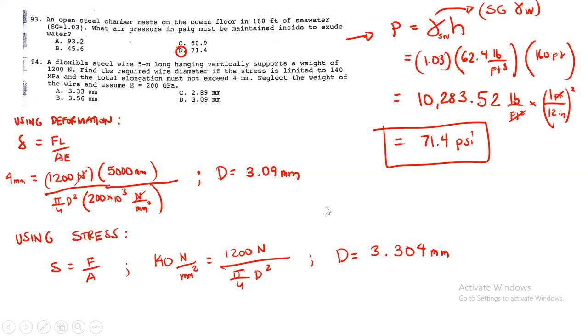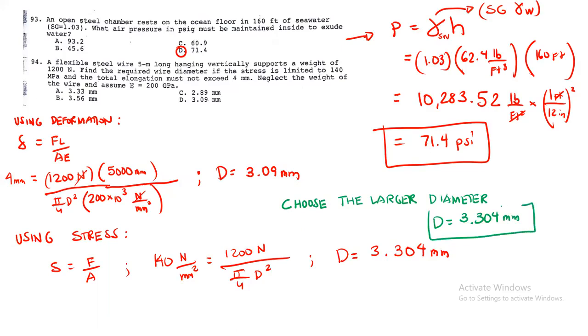So dito guys, ang gagamitin natin dito, choose the larger diameter. So D is equals to 3.304 mm. So yan yung sagot yan. So the answer is letter A. So closest to letter A. So next,